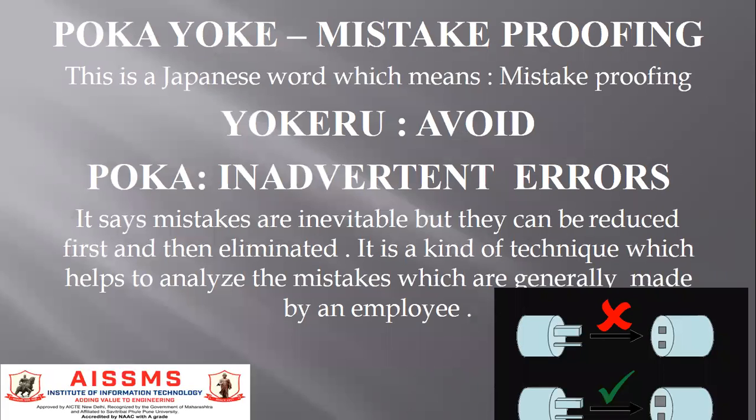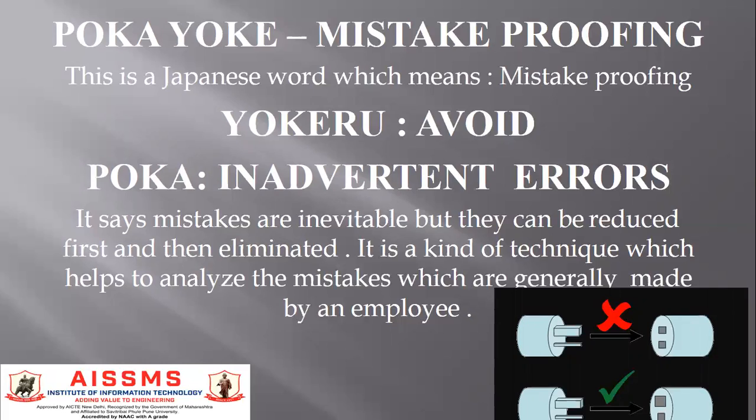Let's see the second quality management tool, which is the Pokayoke. Pokayoke is a Japanese word which means mistake proofing, where yokeru means to avoid and poka means inadvertent errors. It says mistakes are inevitable, but they can be reduced first and then slowly over a long period of time